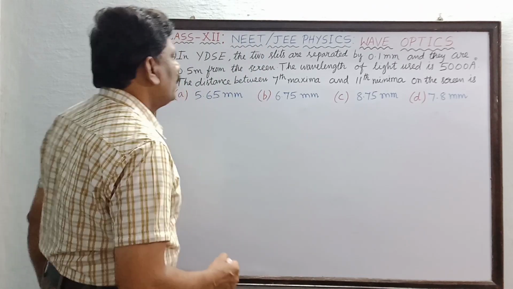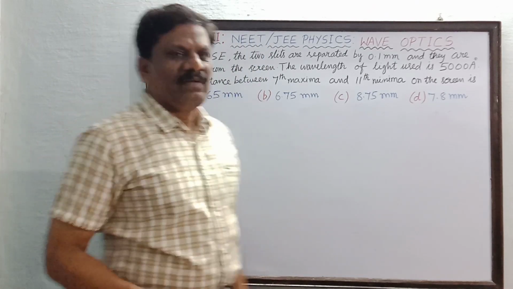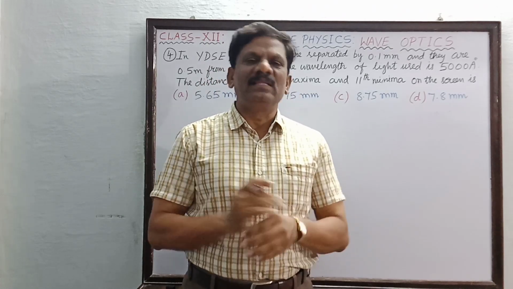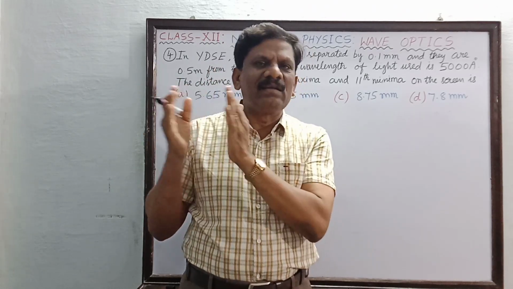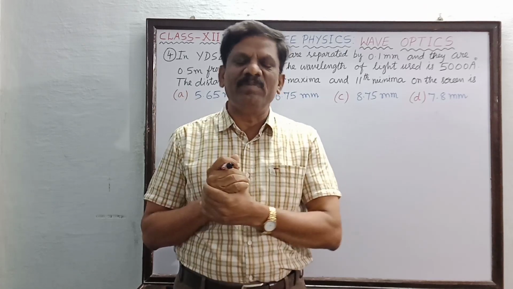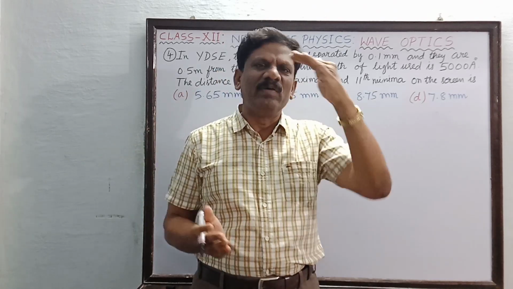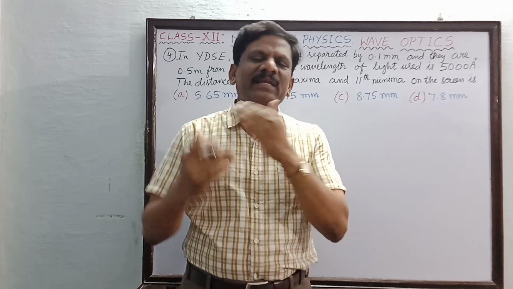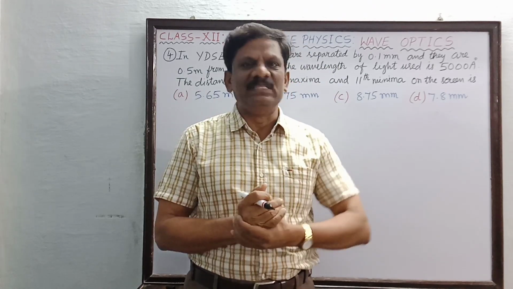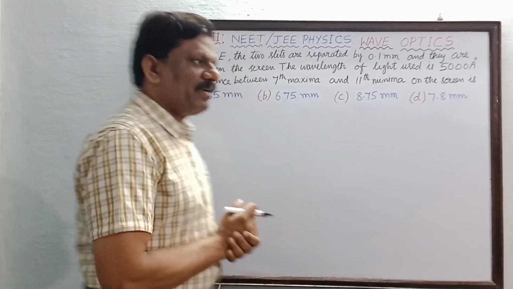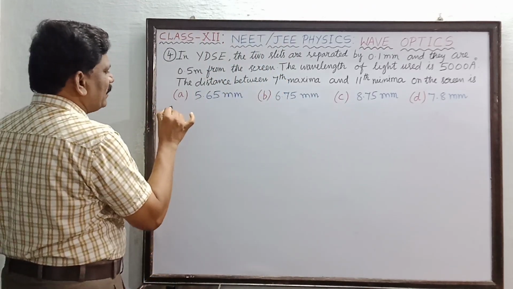Now we have studied in Young's double slit experiment, the central fringe will be a maxima, bright, and on either side, left and right or above and below, there will be alternately equally spaced fringes. So from the center, distance of